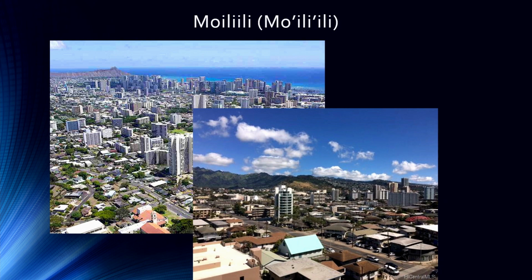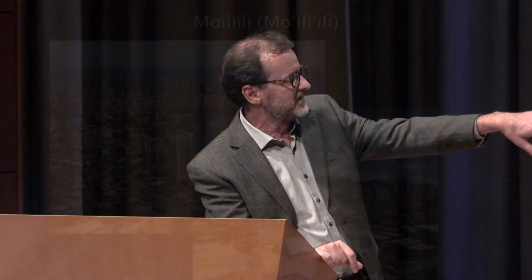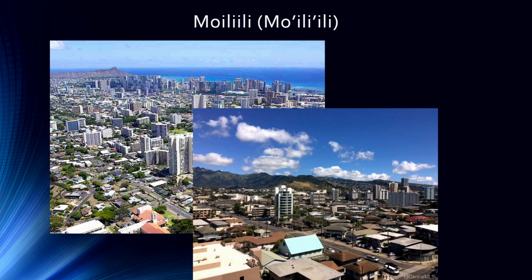Okay, how many I's can you get into one word? Mo'ili'ili. So how does Mo'ili'ili currently operate? It is in an area surrounded by high-rise residential. If you look at the photo on the right, its upper left corner is basically pointing to the area of Mo'ili'ili. So you can see this low-rise area in between all the high-rise residential and high-rise resort that exists in that area.